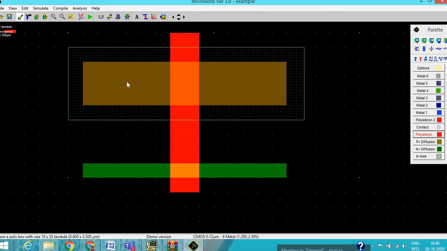Now let me call this side the source of the P MOSFET, and the source is connected with VDD. So let me connect using metal one, we'll connect it at VDD, right? Now this metal and P plus are not connected if we do not use a contact. Let me see how it looks in a 2D cross-sectional view.